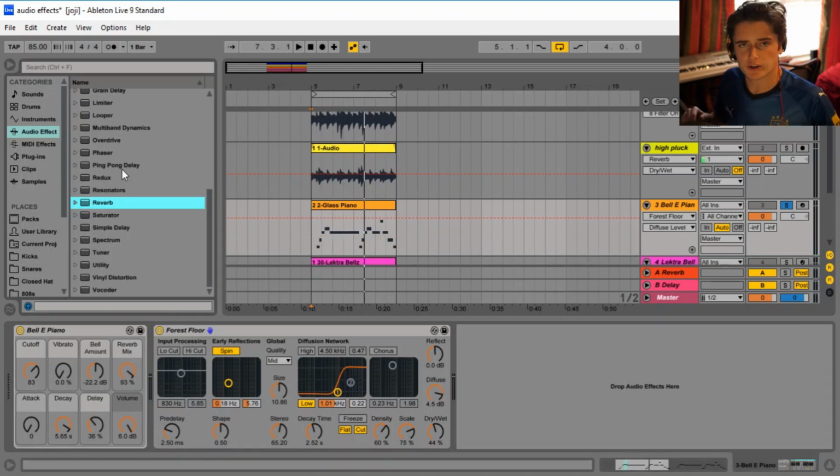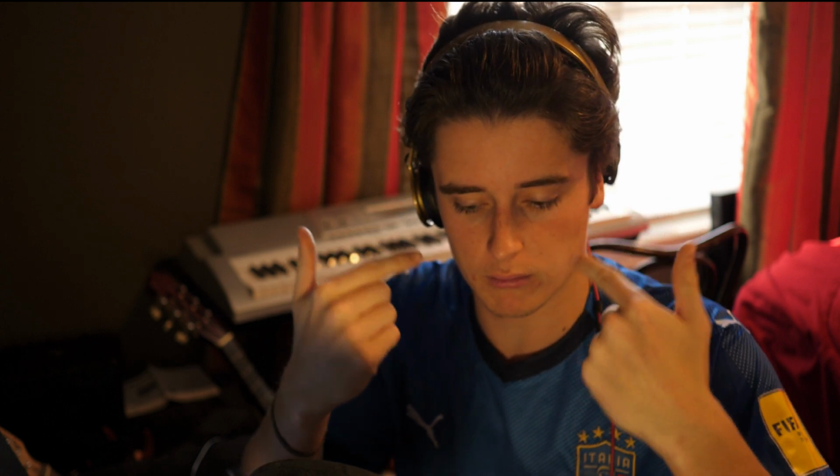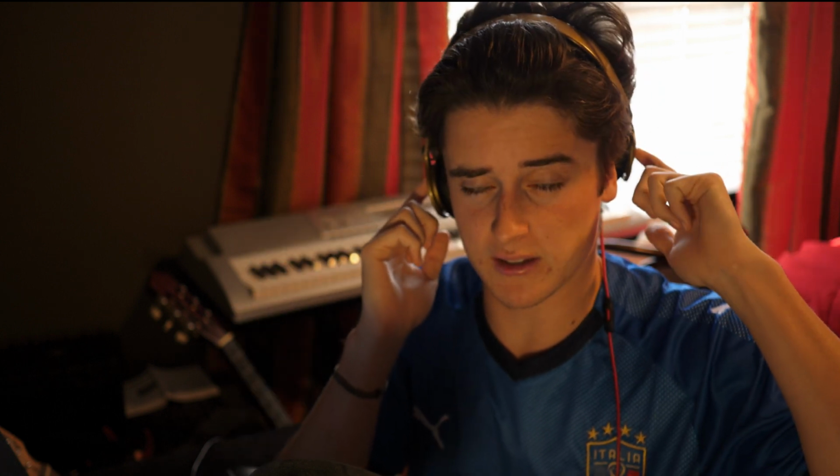So the next thing that I want to do is add a ping pong delay. Basically what the ping pong delay is going to do is cut the audio in half. One audio is going to be your main, and it's going to be right here, in between both your ears. And then the next one is going to be on your left side and your right side, and it's going